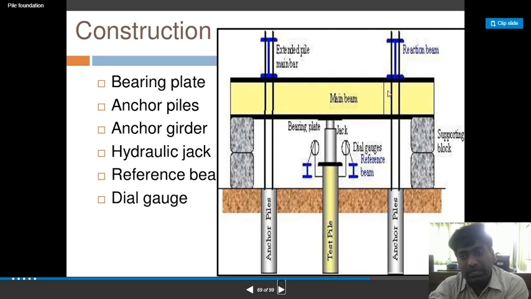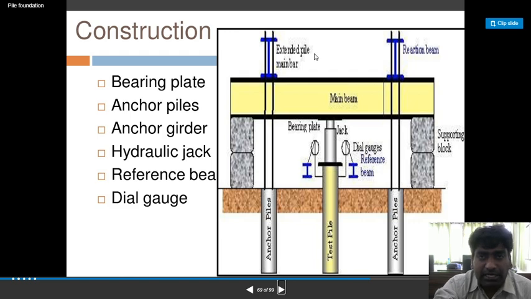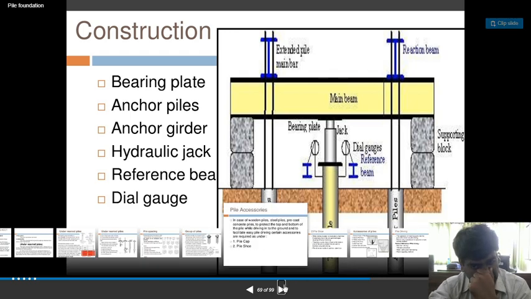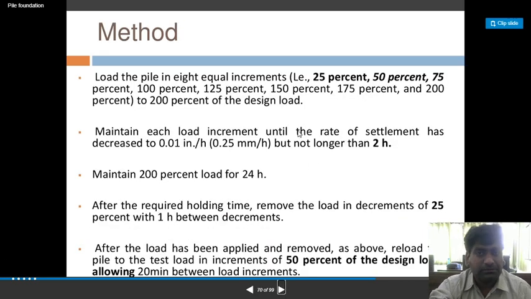This is the way the main beam for providing the gravity loading or truss loading is provided. This is the supporting block and this is the extended pile, main bar and reaction wheel. Method: